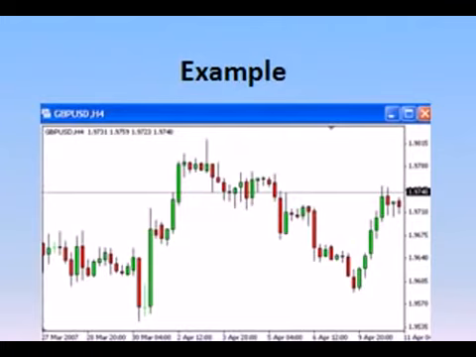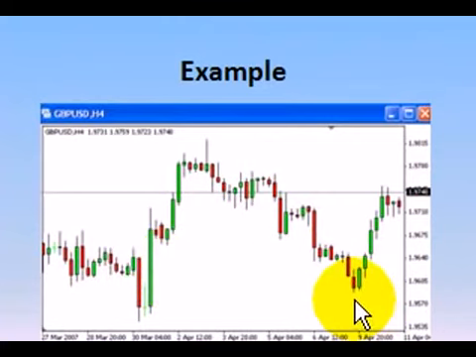Let's look at a few examples. Firstly, British pound US dollar 4-hour chart. A previous area of support at the 1.9600 level, a highly volatile failure of the breakout below the support level, and up, a downtrend, right back into the 1.9600 support level,